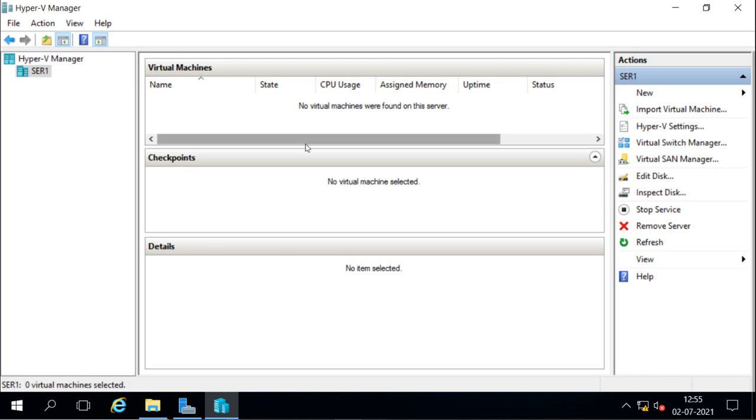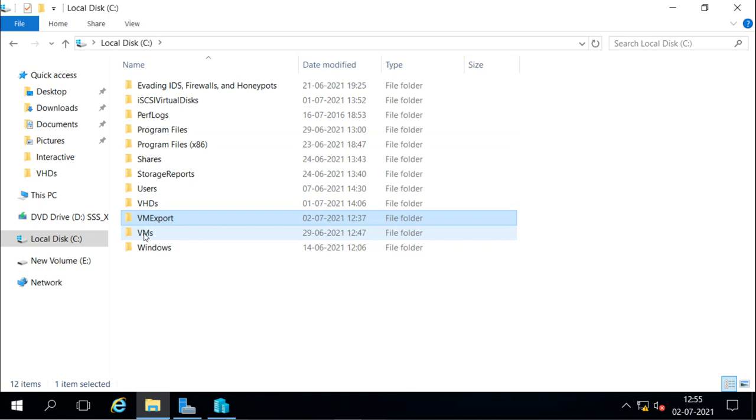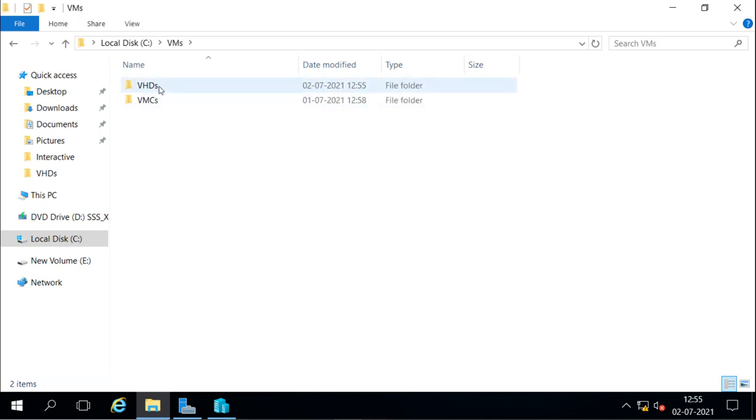So something happened to my virtual machine, it is corrupted or deleted, but I have the exported file, so I can import it from there. I can get my virtual machine again from the location where I exported it.